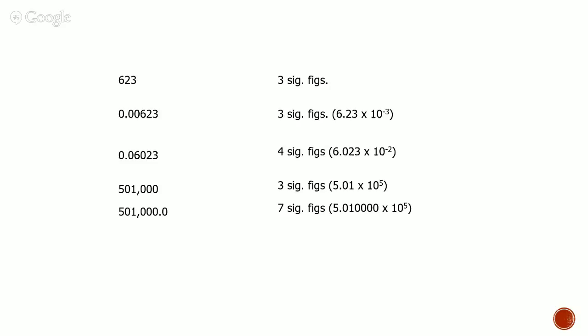So yeah, I wrote them in. I wrote the scientific notation to remind you that if you want to get rid of some of that ambiguity, you can always write it in scientific notation. That bottom number seems like overkill, but if you want to be really sure that all 5 of those zeros count, you can write it that way. And so now you have a decimal place there.